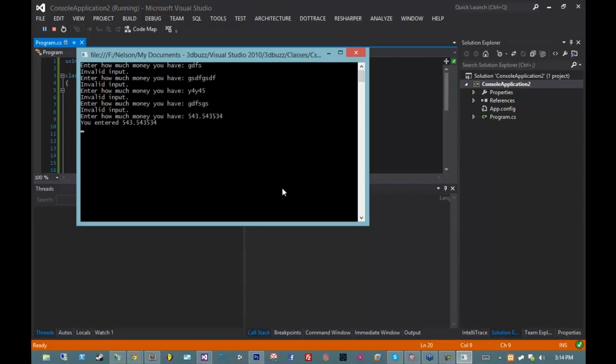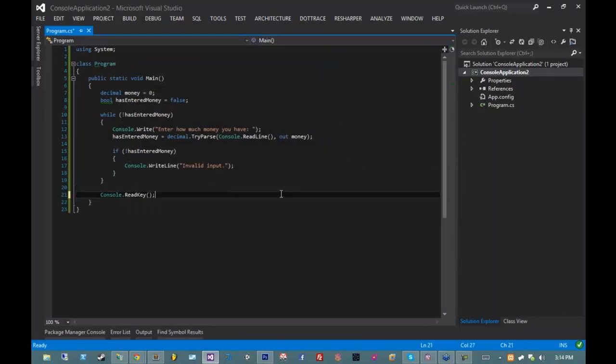And we see that it does. So we've gotten through the first step. We have successfully received decimal input from the user. So that's nice. But next up,